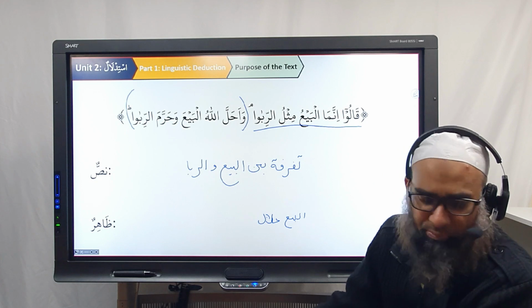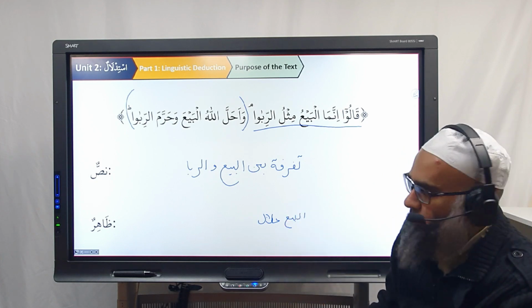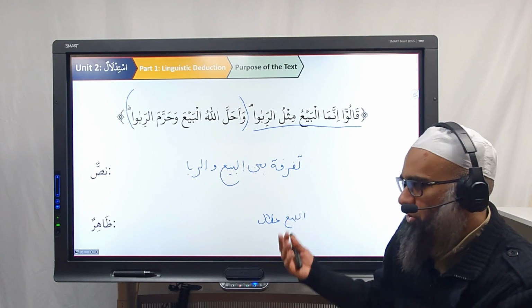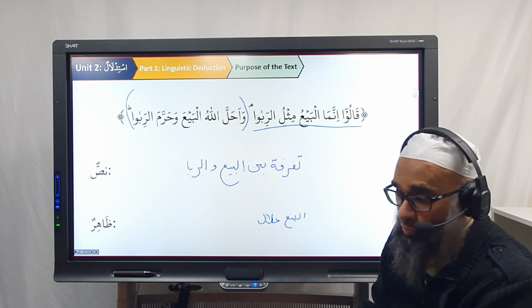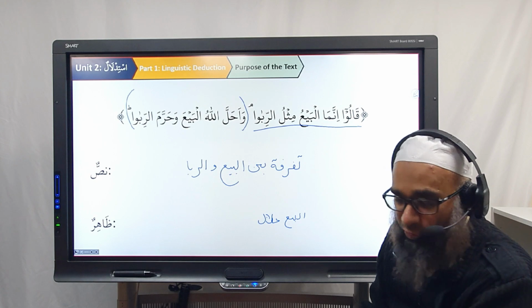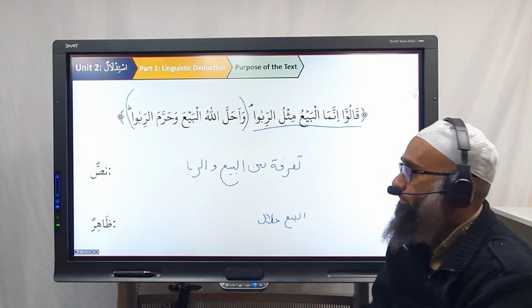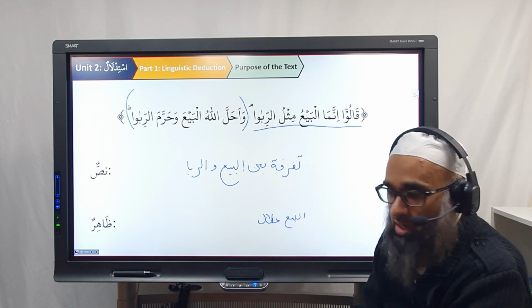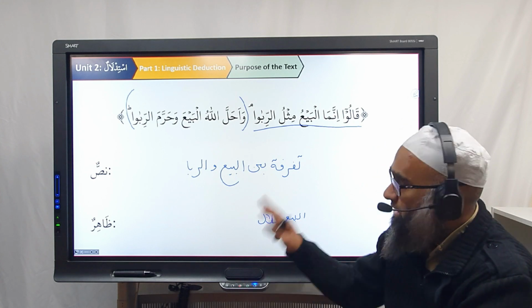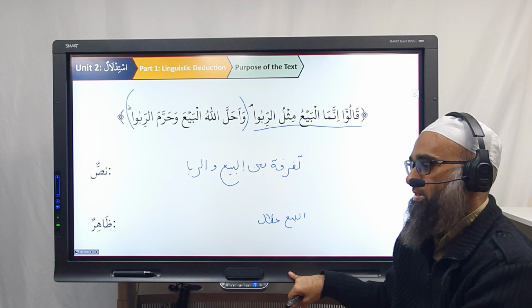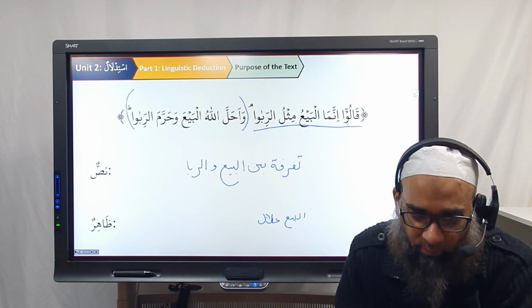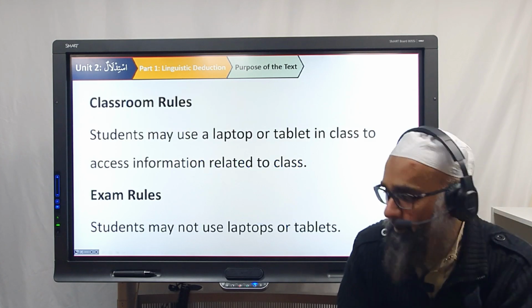But that's not why the text has been brought. And here it doesn't make a real difference, because there's no contradiction or issue. So the nas is that Allah has brought this verse to explain the difference and to refute their statement that bay' is just like riba. وَأَحَلَّ اللَّهُ الْبَيْعَ وَحَرَّمَ الرِّبَا. However, Allah subhanahu wa ta'ala says, no, it's different. So the nas of this verse is to reject and refute this, and the zahir is this. Does everybody follow? Yes? Okay.